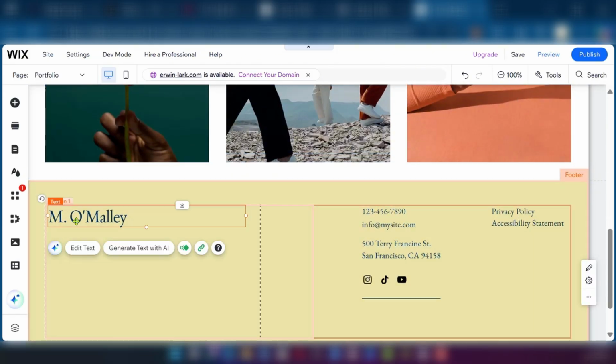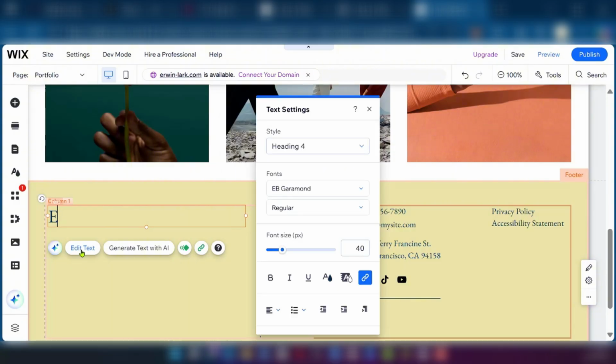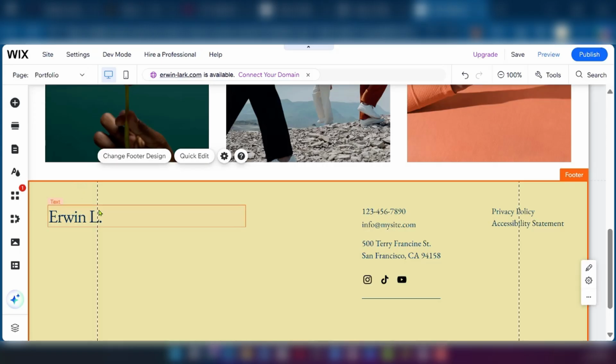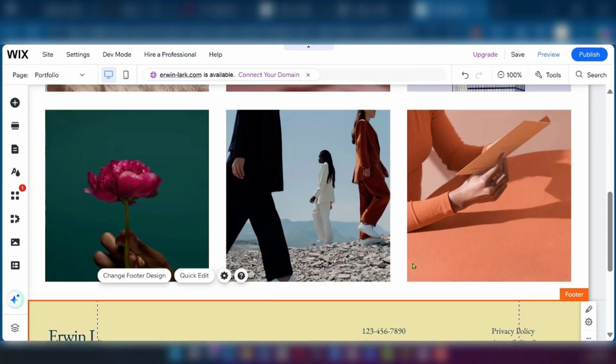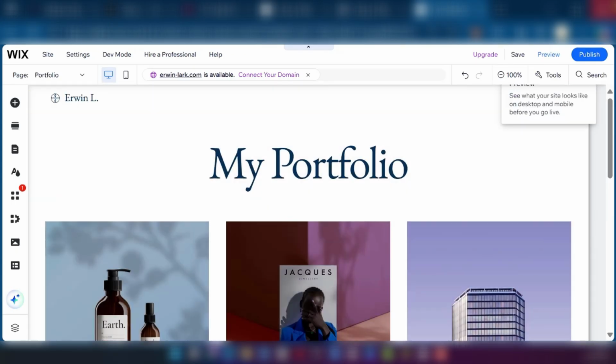Of course, at the bottom here, you have O'Malley, and once we click on it, you can click on edit text and change it to Erwin Lark. So we have Erwin L at the bottom, just as it is at the top. And of course, you could make some changes to this information right here because it's your portfolio and make it work. Of course, as we mentioned, at the end, you could go over to publish or preview to view your